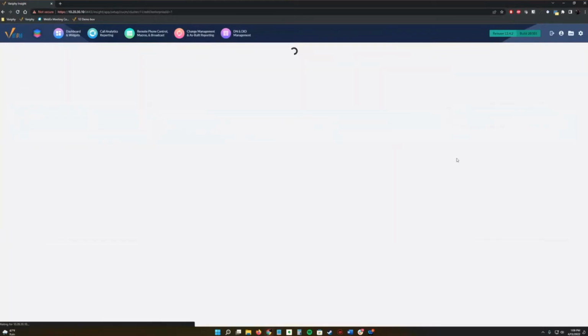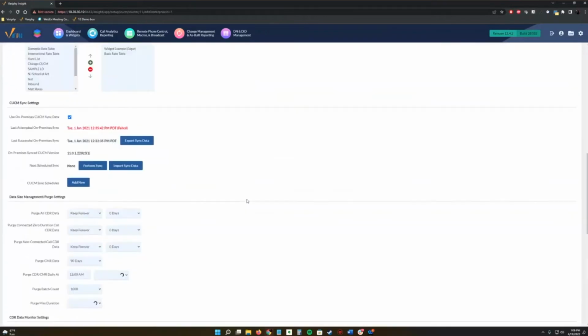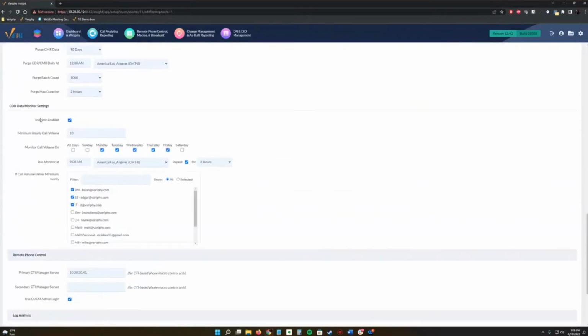So we're going to go back just to double check and make sure that all came up correctly. Scroll all the way down, and there we go. Now we're set up. It looks like Brian, Edgar, and IT are all going to get an email saying, hey, if this goes below 10, something's wrong, we're not receiving data from Call Manager.